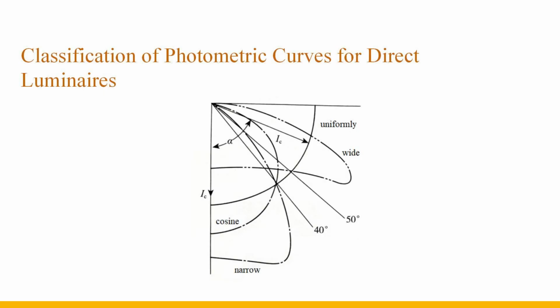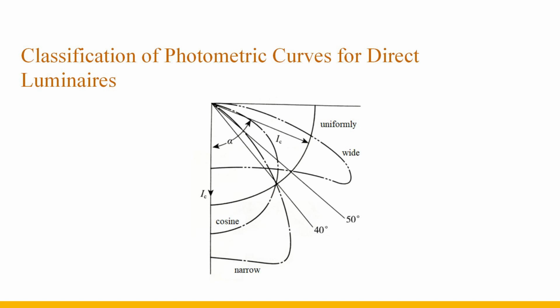This is the photometric curve of direct type lamps. According to the width of luminous flux distribution, it is divided into wide, uniform, cosine, and narrow. Among them, the maximum luminous intensity of the wide type is distributed in the range of 50 to 90 degrees, which is suitable for square or road lighting. The narrow type's maximum luminous intensity distribution is in the range of 0 to 40 degrees, which is suitable for spaces with high floor heights. It can be seen from this that the selection of lamps needs to consider the size